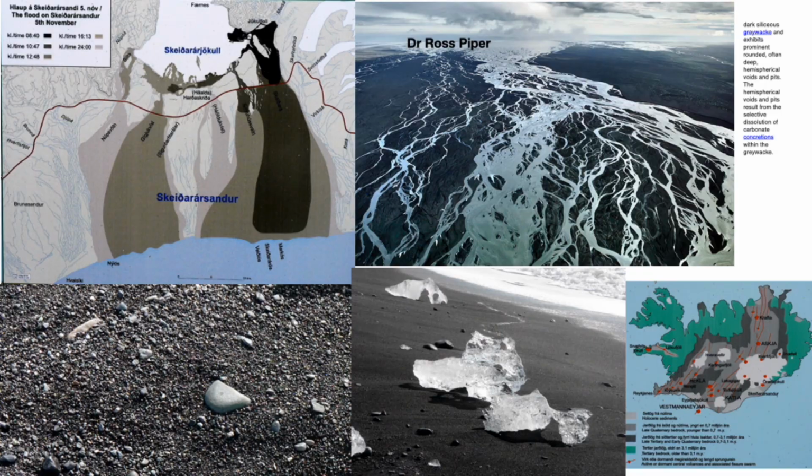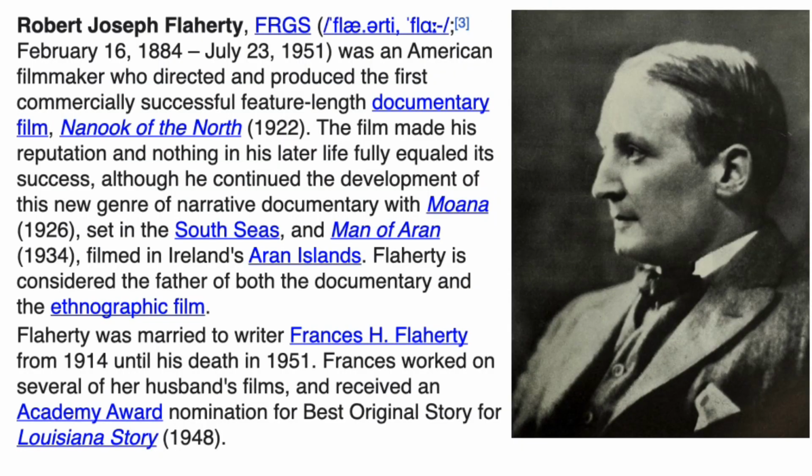But where were they found? To explore that, we have to refer to a man named Robert Flaherty. Robert Flaherty was a Yooper. He was from Iron Mountain. And he was born in the 1880s, and during his life he became an early filmmaker who